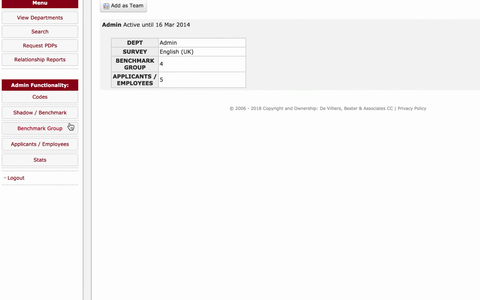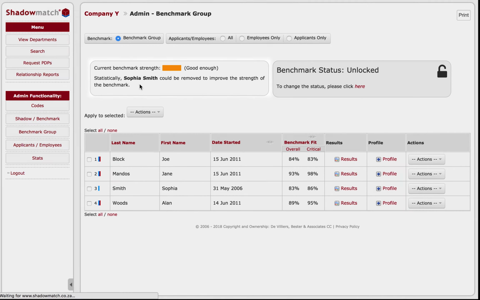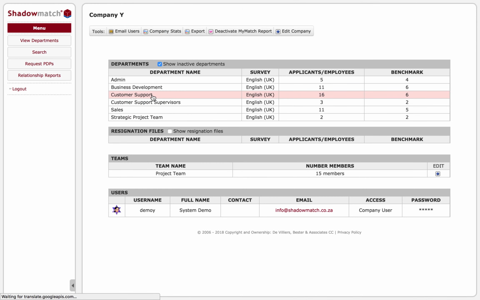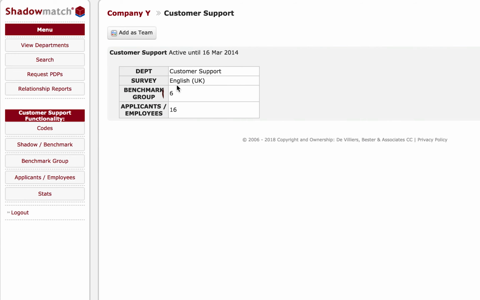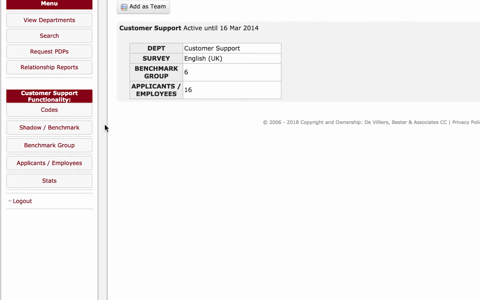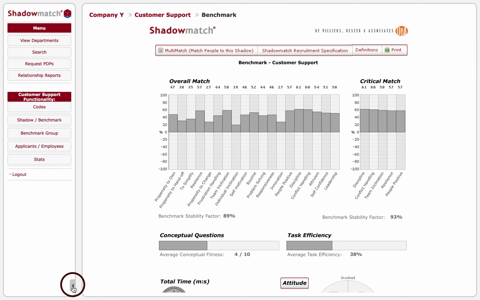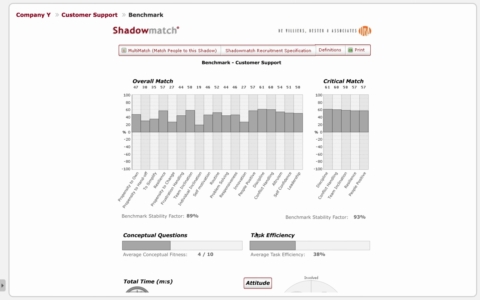The system automatically checks the reliability and validity of the benchmark and will indicate who should be removed in order to ensure a reliable and valid benchmark. In customer support, 6 successful employees were identified, and they have each completed the Shadowmatch worksheet individually. This is what a Shadowmatch benchmark or behavioral map looks like, and is compiled after the successful employees have completed